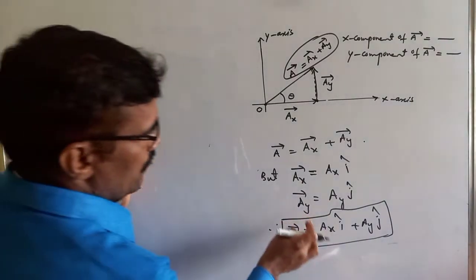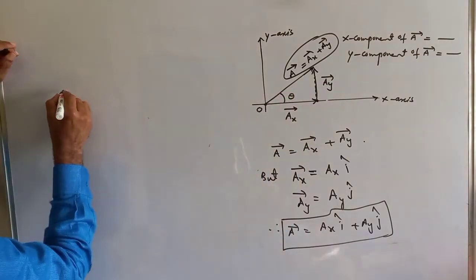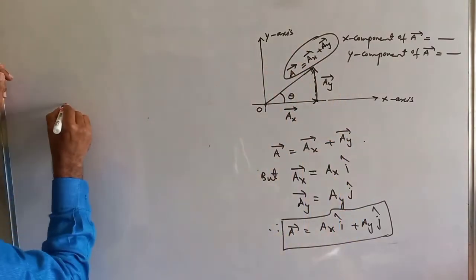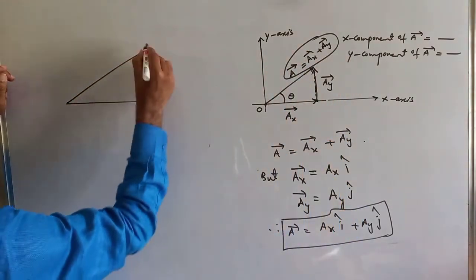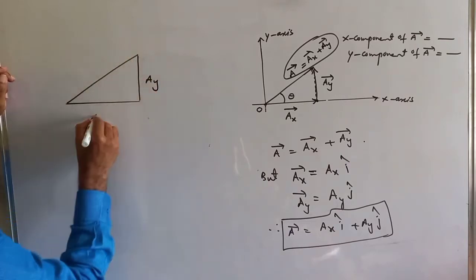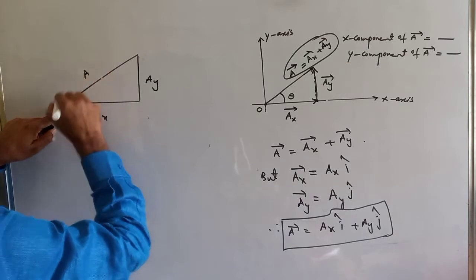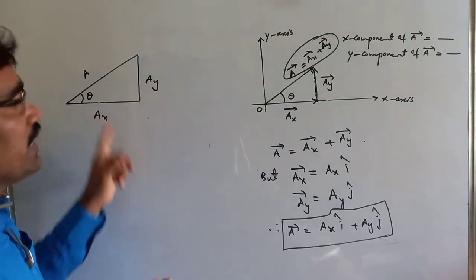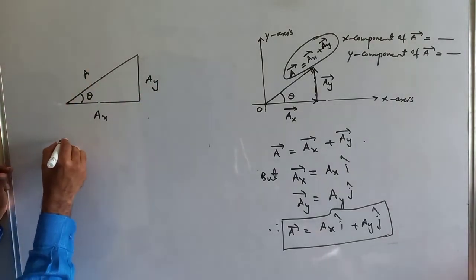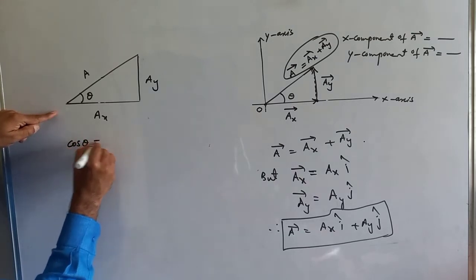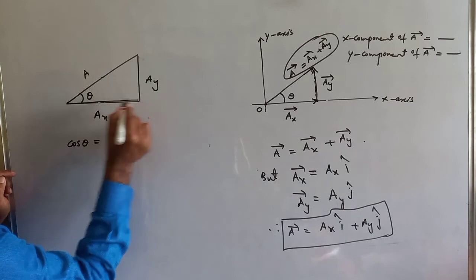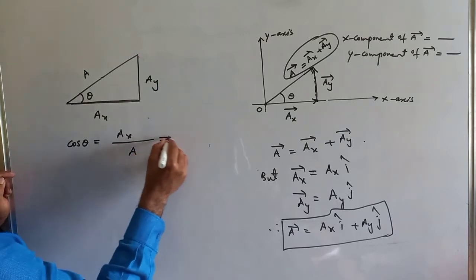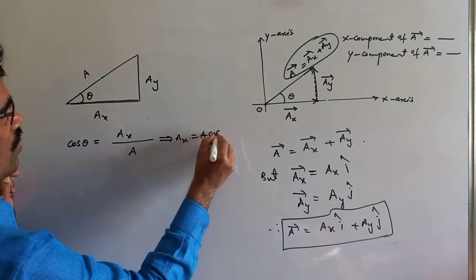Students, here this is Ax, no? It is right, just magnitude wise. This length is nothing but Ax. This is Ay, this is A. So here this is Ay, and this length is Ax. This length is the magnitude of A, which is A. What is this angle? Theta. I want Ax and Ay in terms of A. From the figure, cos theta is nothing but adjacent side over hypotenuse. Adjacent side length is Ax and hypotenuse is A. Therefore, Ax equals A cos theta.